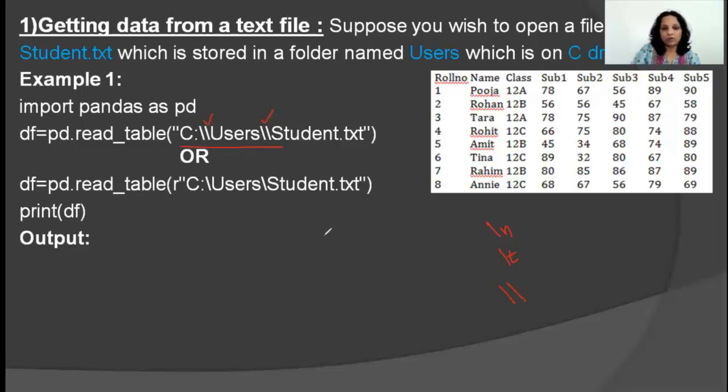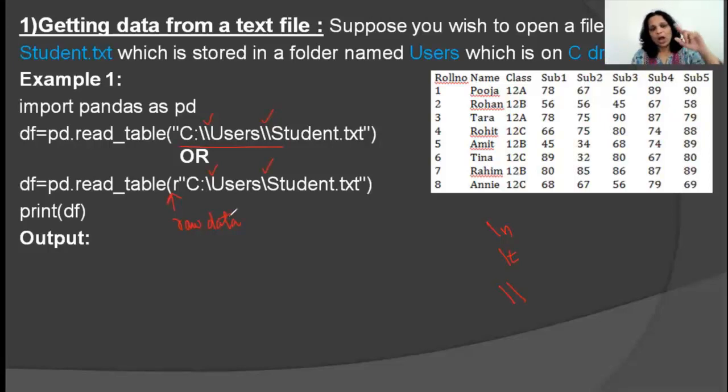Or another way of doing it is you give single slashes, but just before you start the file name, write R. R stands for raw data. What does that mean? It informs Python, in fact Python, pandas is just the module we are using, that the string that I'm talking about is a raw string. It does not include any special characters or any escape sequences understood by Python.